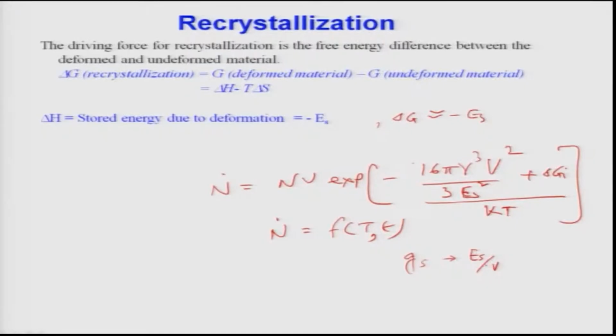So E s is the strain energy stored, V is the volume, gamma is the interfacial energy, and k is the Boltzmann constant, T is the temperature, and delta G I is basically coming from, as I discussed,